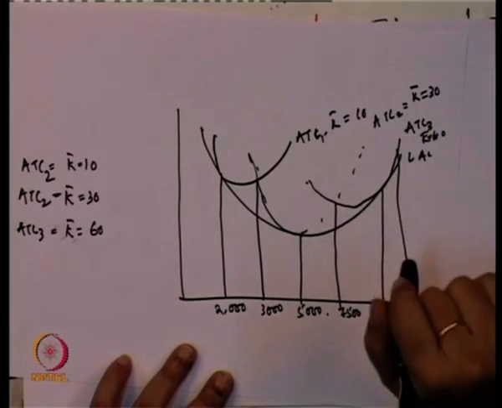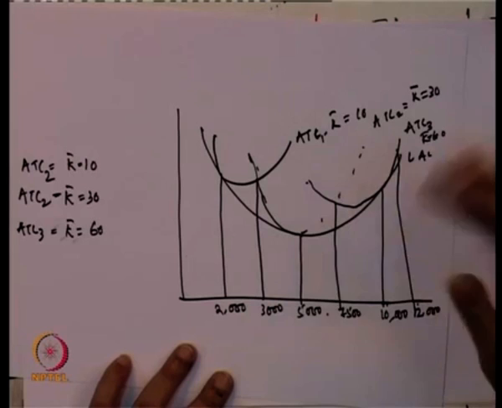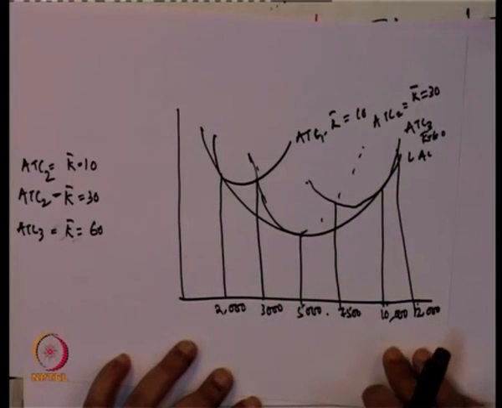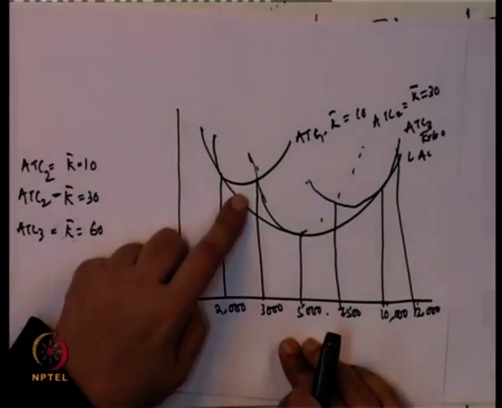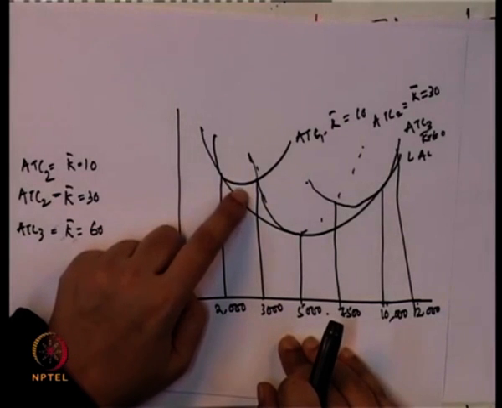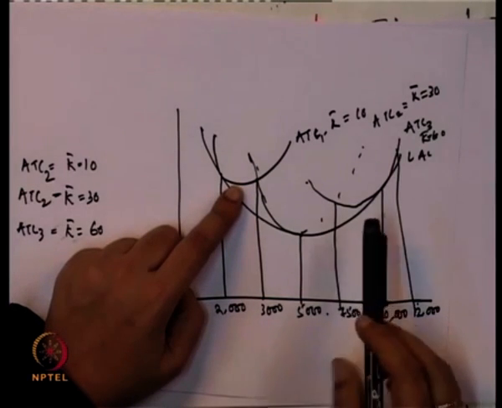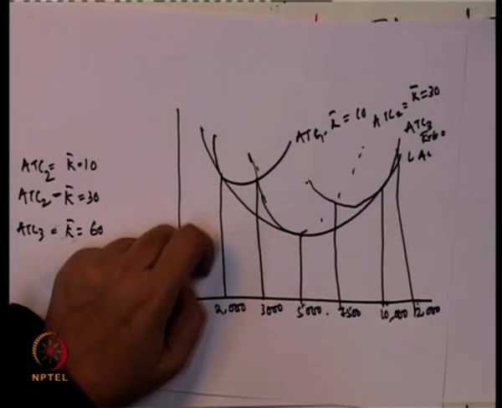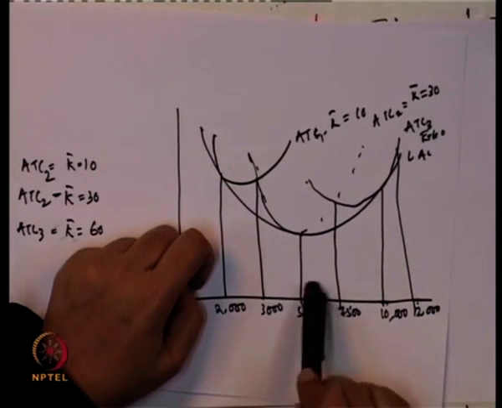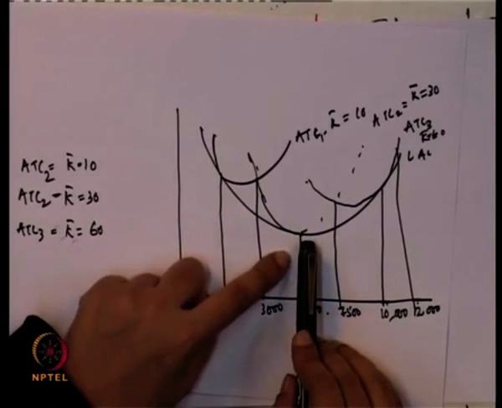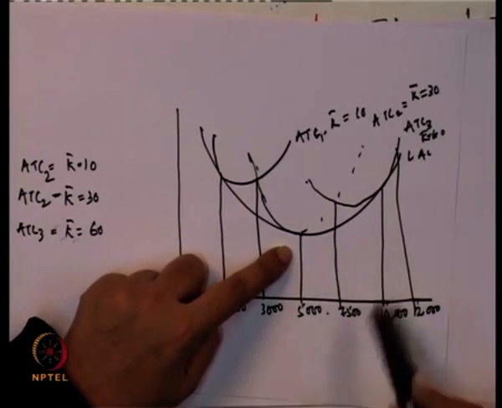7500. But if the firm is no more interested to expand the output, it is always preferable for them to operate at the short run cost curve ATC 1 where K star is equal to 10, because the capital requirement is less. Similarly, if you look at the output level 5000, this is the optimal level of output, because this is produced with the minimum cost of production.